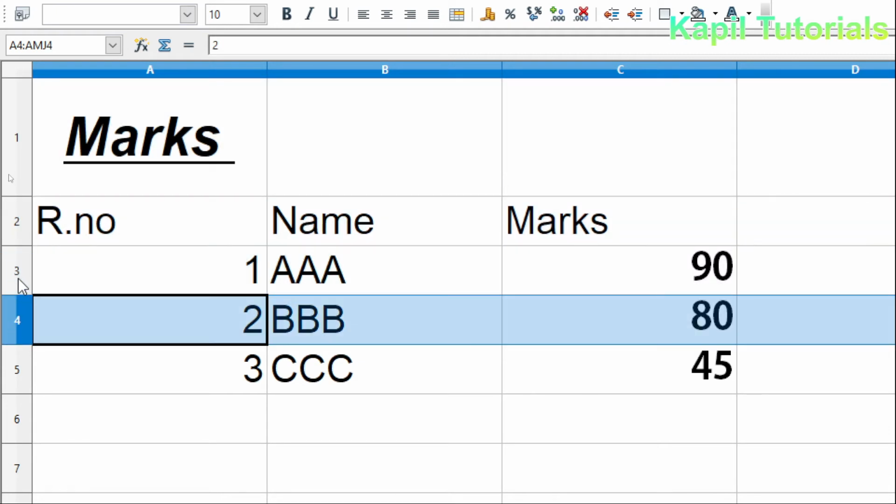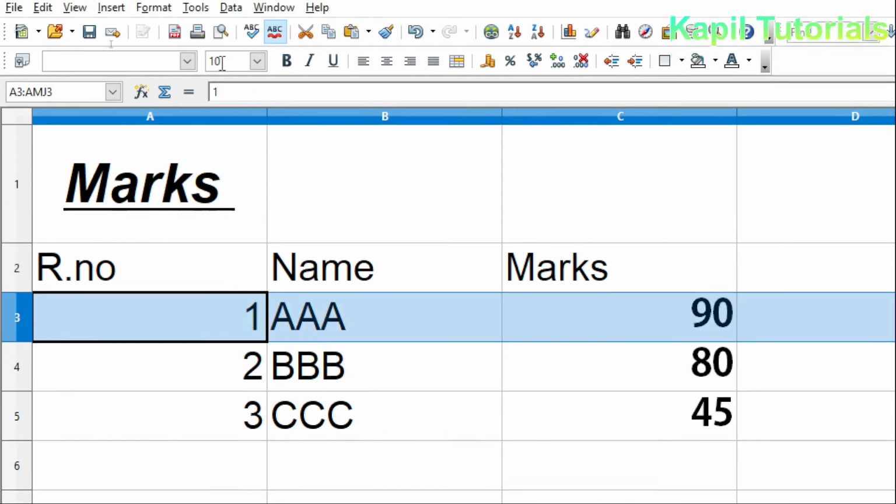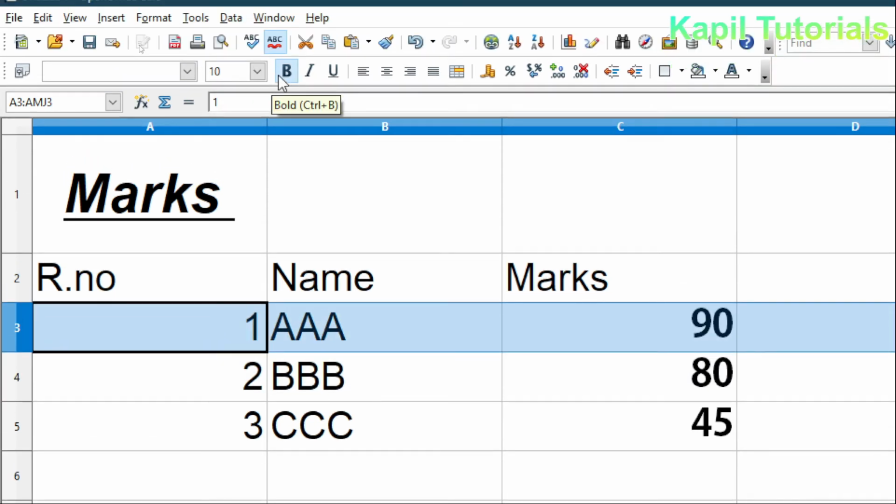The advantage of selecting the whole row is that I can make the whole row bold, italic, whatever formatting feature I want to use. Or if I want to delete the data of the whole row, it's very easy. So I hope this concept is also clear to you.